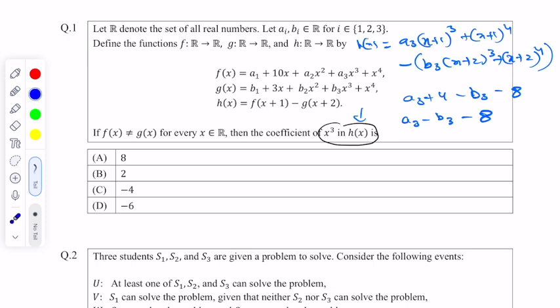Now it is already given that these belong only to these integers. That means let's find the max and min value of a3 minus b3. So a3 minus b3 will take values from 2 to minus 2. It will be 2 when this is 3 and this is 1. It will be minus 2 when this is 1 and this is 3. So this thing will take values between 2 and minus 2. That means I can say for sure that my answer has to lie between